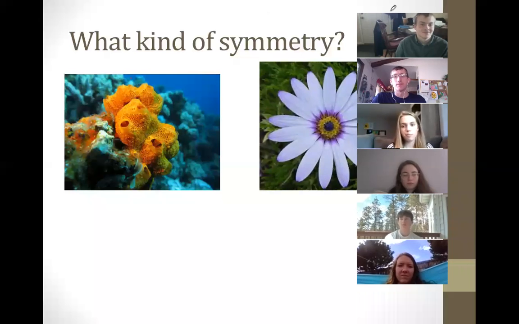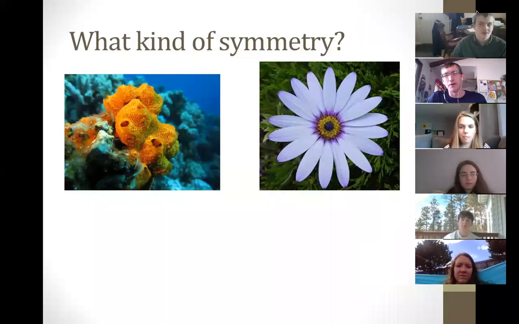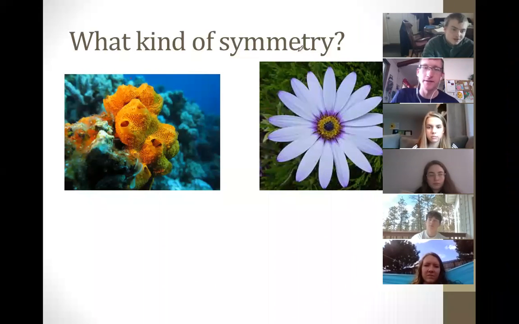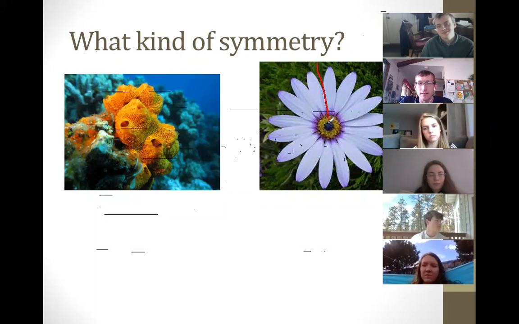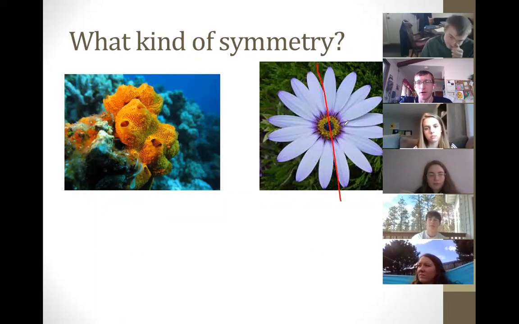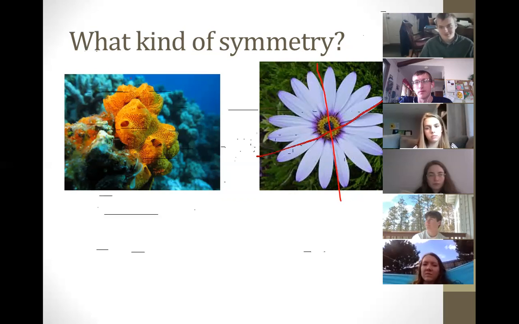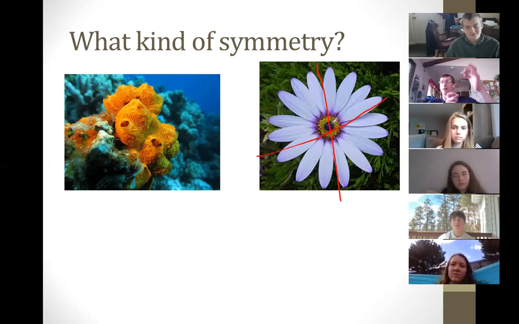Okay, next. What kind of symmetry is in this flower? Radial symmetry. Oh, somebody said it. Radial symmetry. You got it. We could cut this guy any way you want to cut this guy, and you're going to get just a perfect image on the left and the right. But if you looked at the flower on the side, it's obviously got a skinny green stem and then a big purple flower on the top. So radial symmetry is correct.